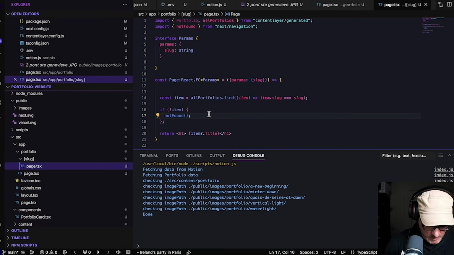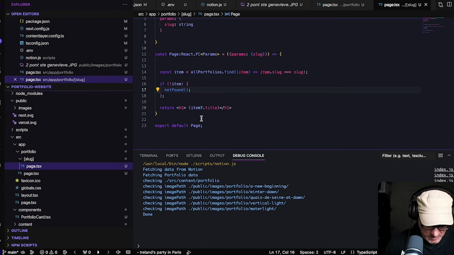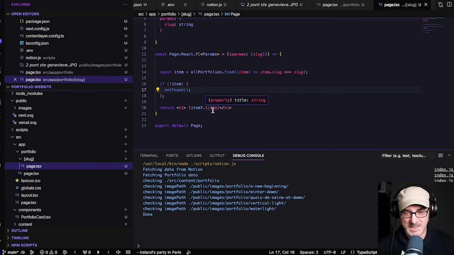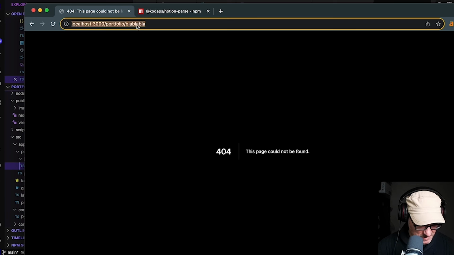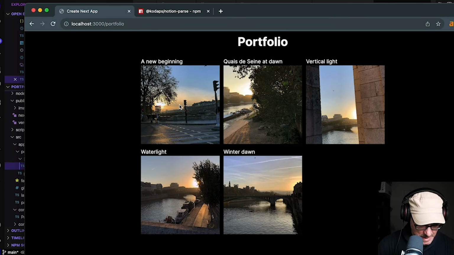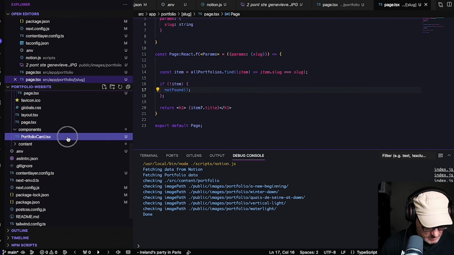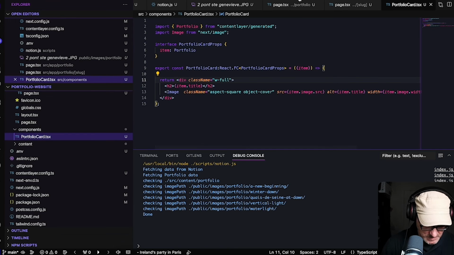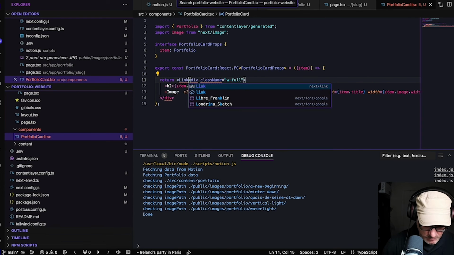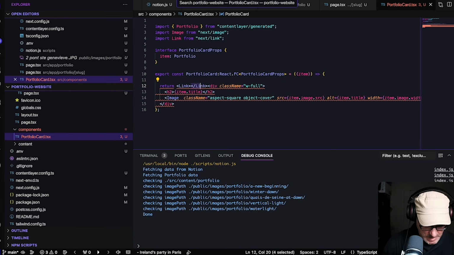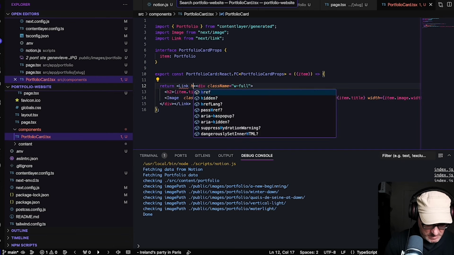Now, when we do have the item, it'll set up what we want. To be able to navigate to the page correctly, perhaps we can directly set up the link from the index page, because I can't remember exactly all the slugs. So let's go back to the index page, and set up a link on these cards to link to the page we just set up. In the portfolio cards, around the div, we're going to add a Link that we import from next/link, and that's going to wrap the whole component, and it's just going to have an href,